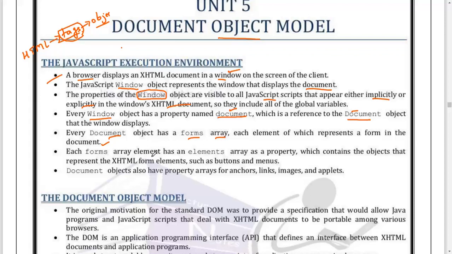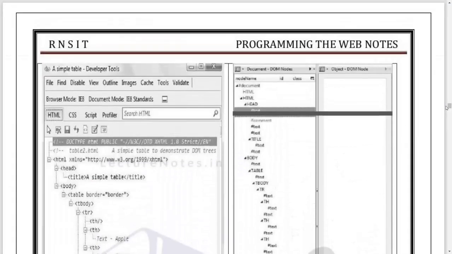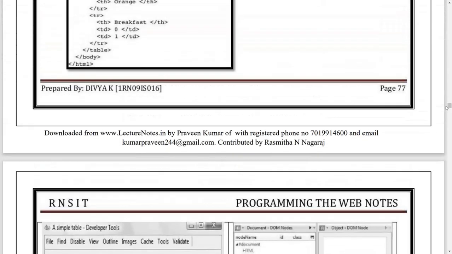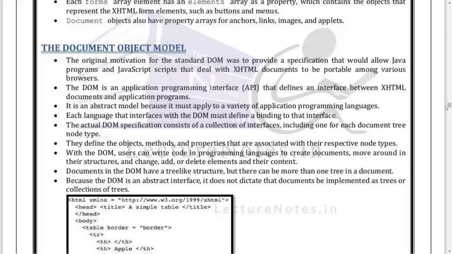That is how we convert whatever element is present in your HTML page into a document object. This is considered as the DOM, which is nothing but the Document Object Model.